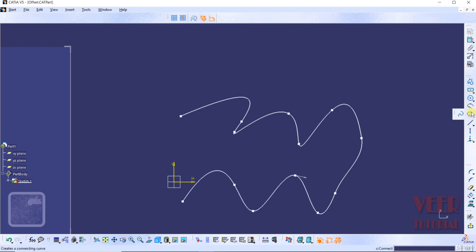I go to connect. I can select connect with the spline and then continuity with respect to a point and then continuity in curvature. So I select this option, select this spline and select the second. Now it is following a curvature. So in this way we can create and edit the splines.